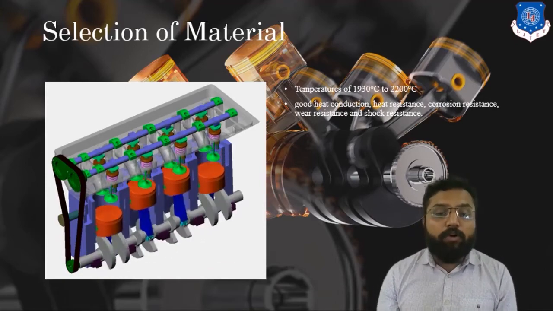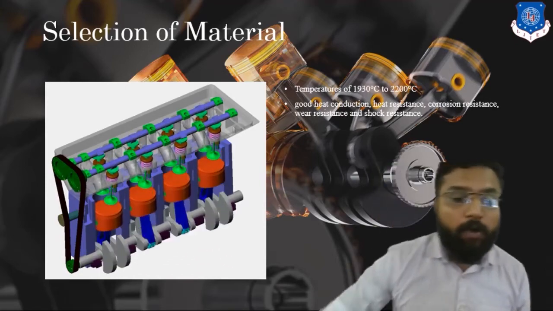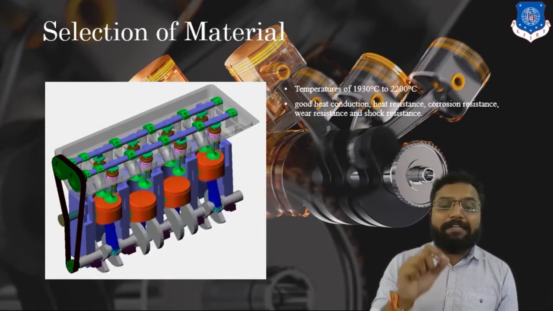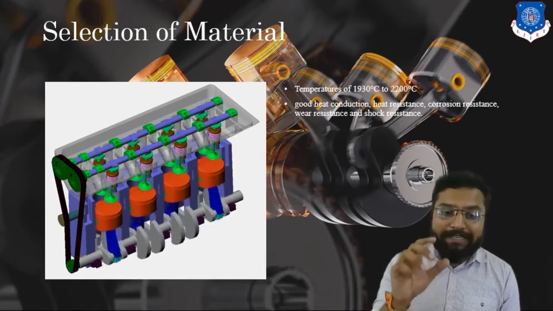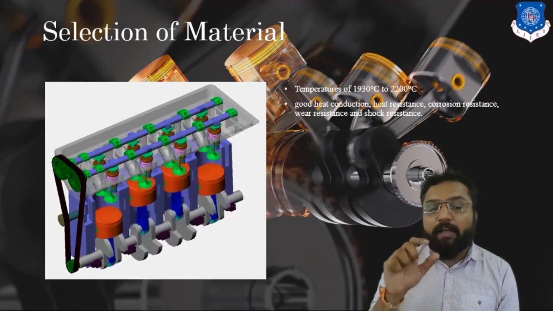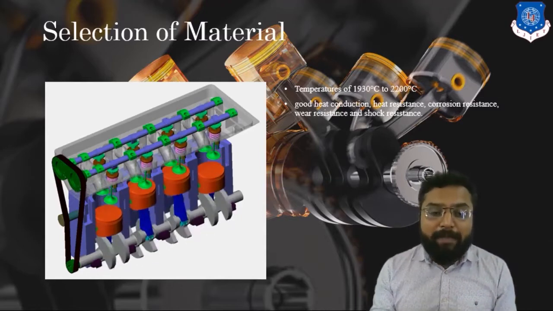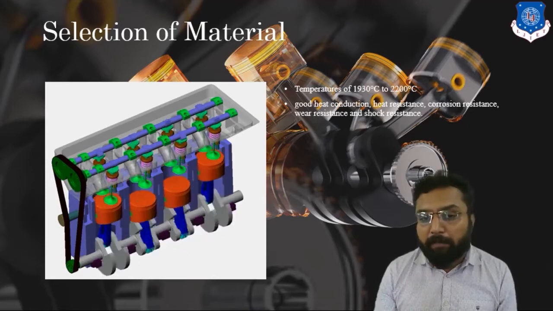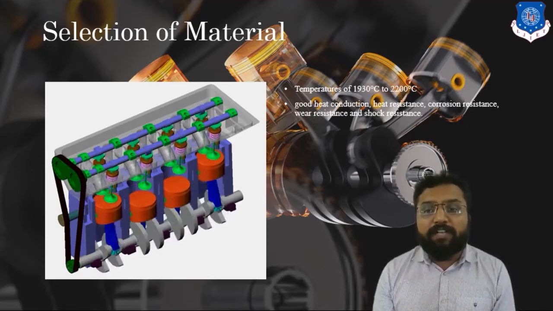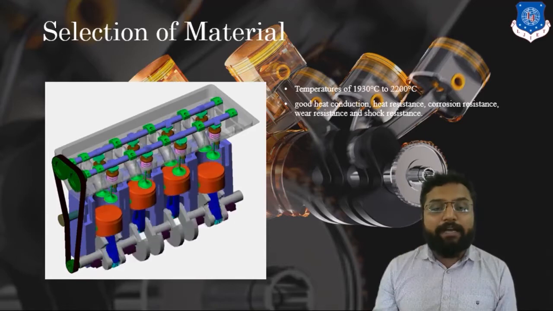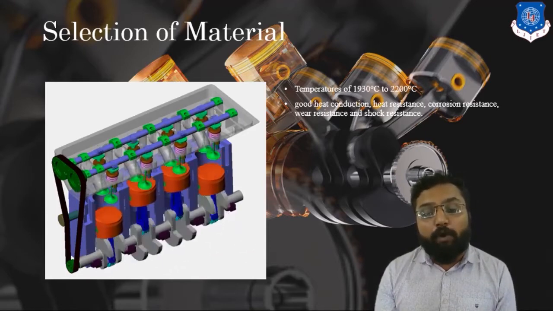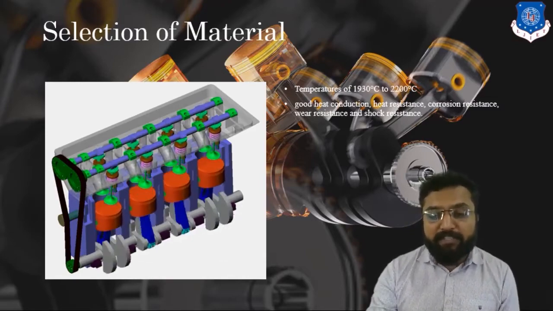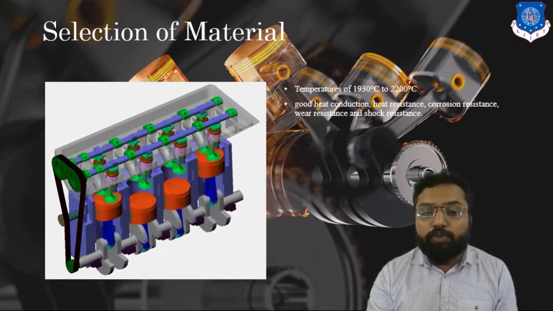Second, it should also be corrosion resistant. How? Because after each and every stroke, it will try to rub against the seat of that valve. So the seat of the valve and the valve head will create a rubbing motion between each other, and ultimately it will create wear between them. Clear? Corrosion and wear, and due to the opening and closing condition, it also comes under shock. So it should also have a damping property which can prevent any kind of shock.